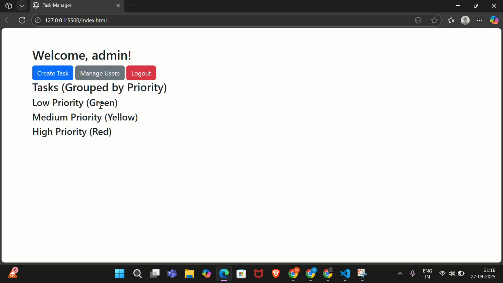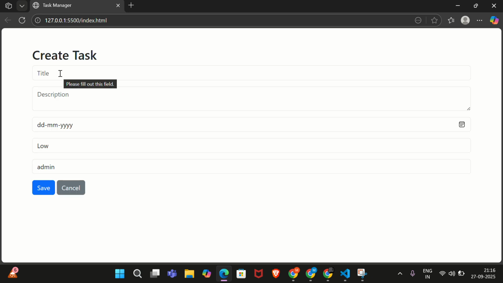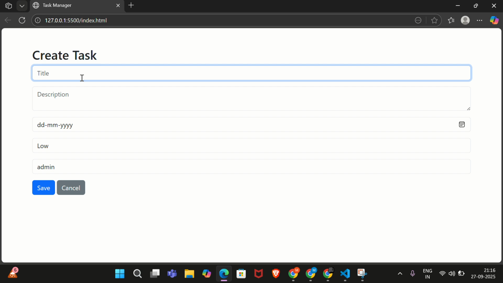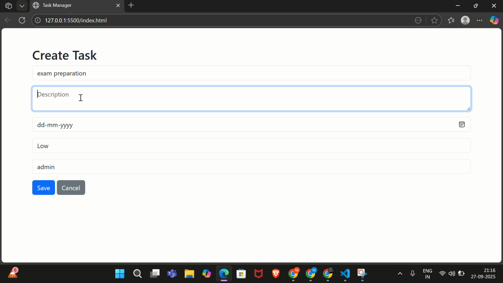Low priority is green, medium priority I have put as yellow, and high priority I have put as red. Now creating a task, what is the title? The title is exam preparation. Description is courses to complete as subjects,